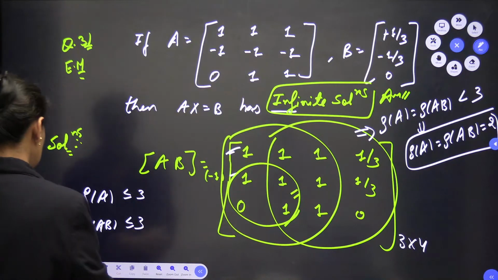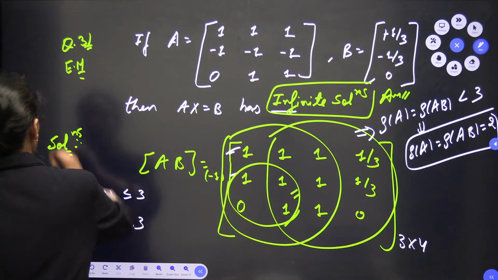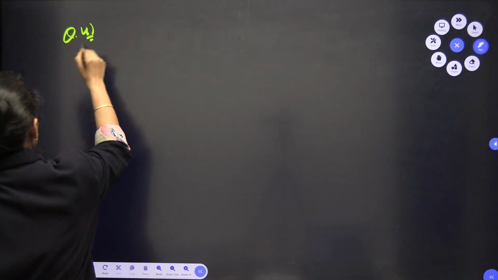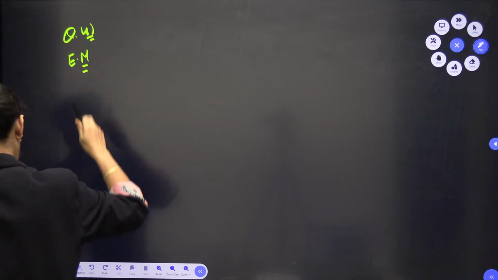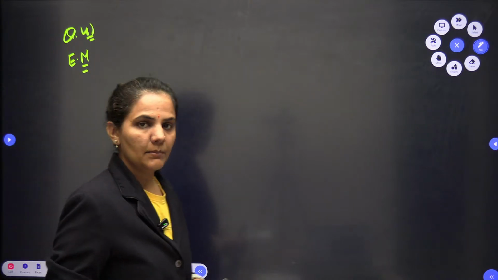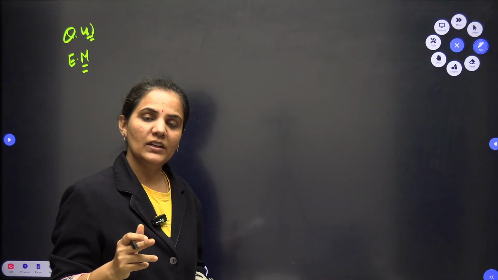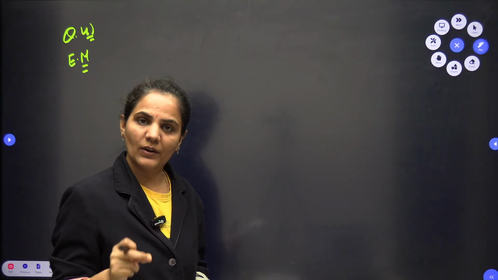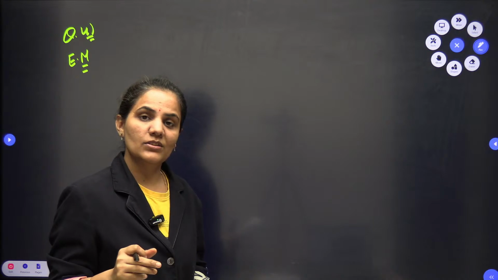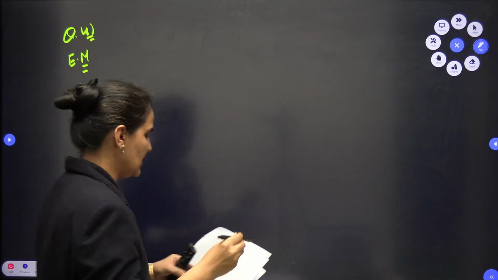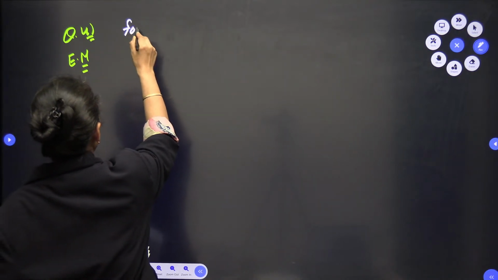Then the next question I have is from the same subject, engineering mathematics, and this question is from maxima and minima. This time in the morning, in the mechanical paper, one question was asked from maxima and minima of one variable, and here we have a question from maxima and minima of two variables. Let's see, it's talking about, for the given function